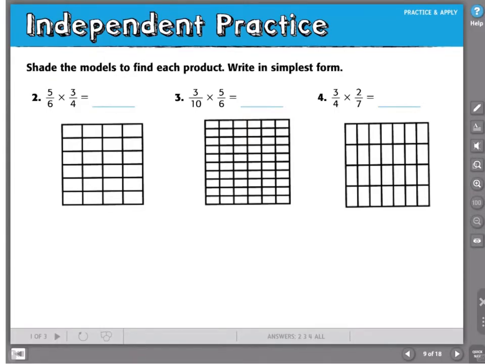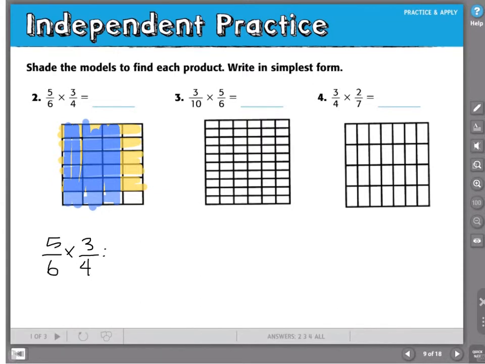In our last lesson, we used models to find products of fractions. So here we've got 5/6 times 3/4. So our model is divided into 6 equal rows and 4 equal columns. I'm going to color in 5 of the sixths, and I'm going to color in 3 of the fourths, and I'm going to see, when I have 5/6 times